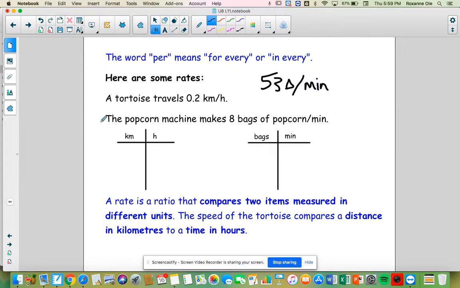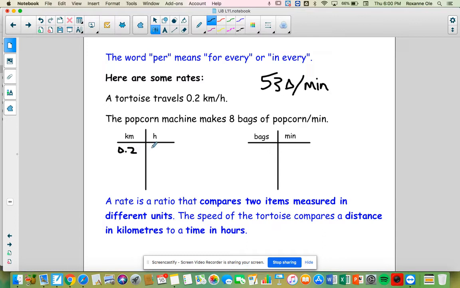And here are some rates. Let's do our little sample. A tortoise travels 0.2 kilometers per hour. The popcorn machine makes 8 bags of popcorn per minute. So one way we can figure things out is to make a little table. How many kilometers does he travel per hour? So 0.2